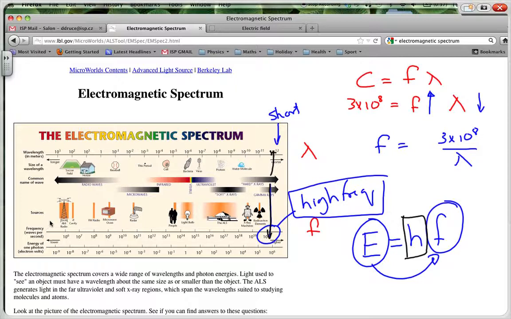Your X-rays, this comes from usually using tungsten, firing electrons at tungsten. And then we go down, and as your wavelength over here is increasing, obviously your frequency is decreasing. Your energy of your waves decreases. And you go right the way to the other side, and where we look at our